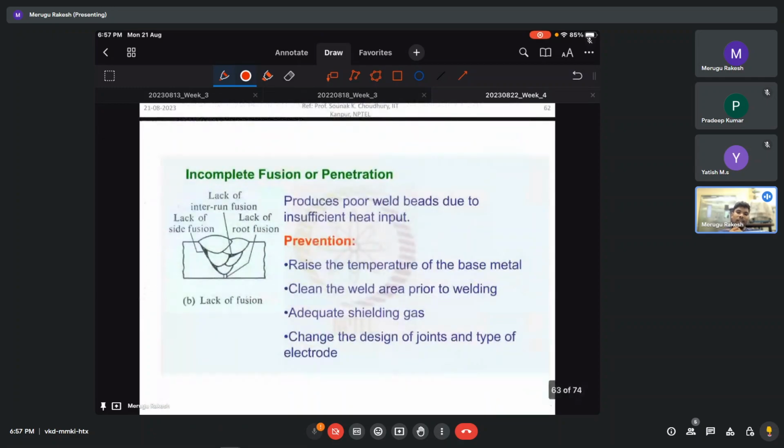Then we have incomplete fusion or penetration. This produces poor weld beads due to insufficient heat input. So we have to raise the temperature to avoid this. We have to clean the weld before welding, use adequate shielding gases, and change the design of joints and types of electrodes. So you see, this is going to be the common error in every region. The design of joints and the selection of electrode should be very careful to avoid these types of